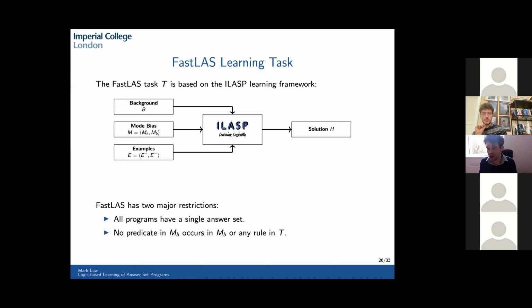These restrictions are being lifted in current work. We have a paper under submission at the moment on this, but I'm not going to talk about these today. Basically, we started with a very simple subset, far less general than what ILASP can do, but tried to make it as scalable as possible. Now we're slowly trying to lift these restrictions and get up to the same level of generality as ILASP while preserving the scalability that we've achieved.